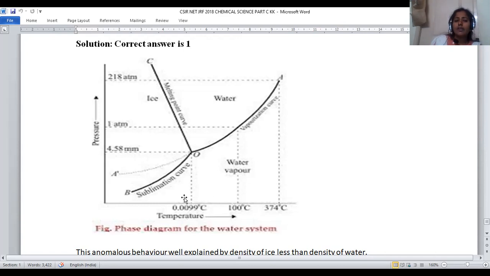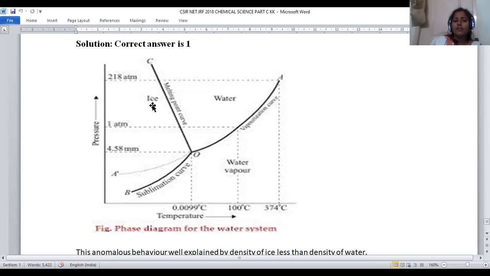So here three curves will be there. The OC curve is slantingly indicated. Because of this slanting position, the density of ice is reduced when compared to water. When we see water and ice, obviously ice density will be lesser than water. Even though it is a solid, its density is lower, this is unusual behavior, right? Let us take the simplest example. Take a bowl of water and add ice cubes to it. Ice cubes will always float on the surface of water instead of sinking to the bottom.